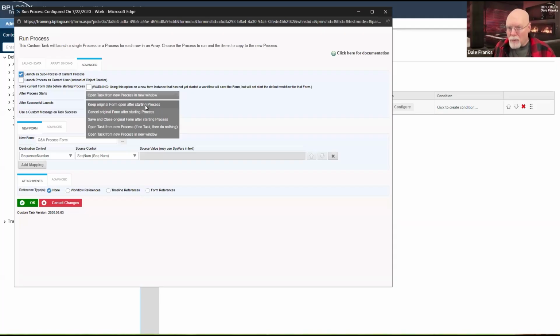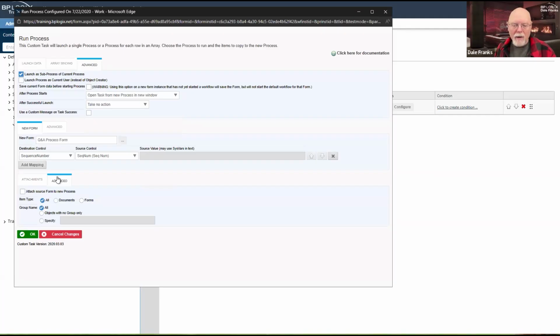For feedback forms, that is not generally what we want to happen. What we usually want to happen if we're going to invoke a feedback is for the feedback to appear right then and there so they can start working on it. So it's important that the After Process Starts option, you change that so that we are sure that it opens that task from a new process in a new window, so that as soon as the user clicks the, in this case, the ask a question button, I want that question form to appear. You know, I didn't even invoke it whenever we looked at it. So we'll go back and look at it here in a second.